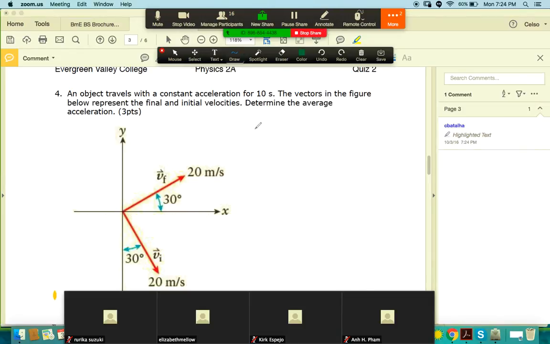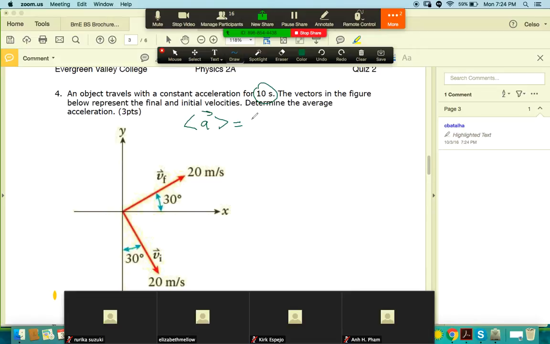Annotate. Okay. An object travels with a constant acceleration for 10 seconds. So the time is given and the acceleration is constant. The vectors in the figure below represent the final and initial velocity to determine the average acceleration. So the average acceleration, the only thing you need to do is to use the concept of average acceleration, which is,